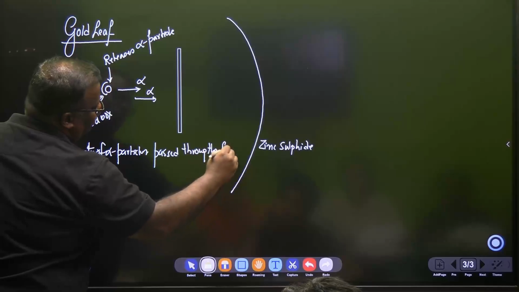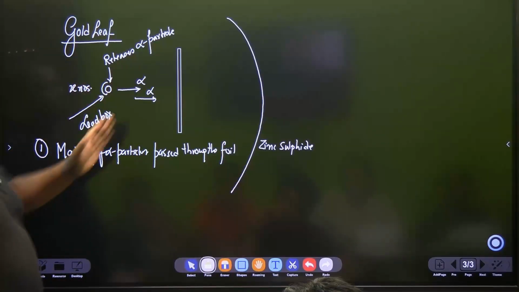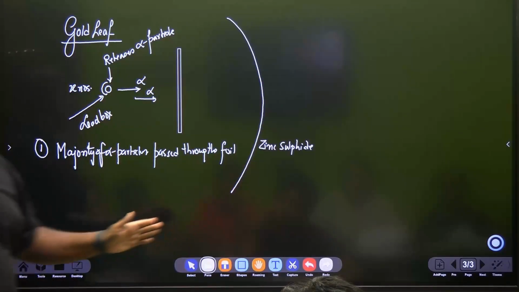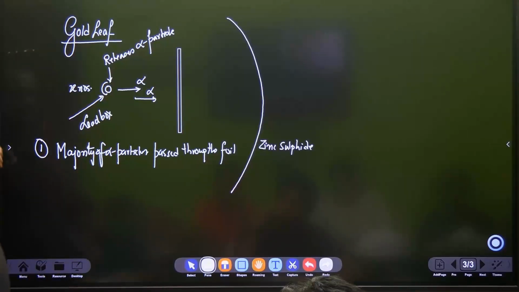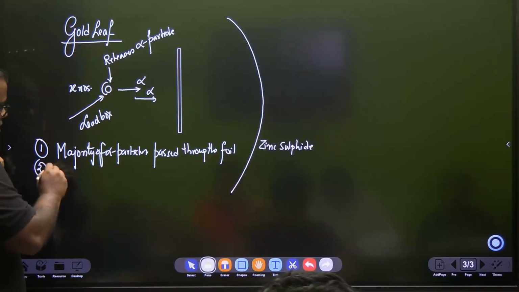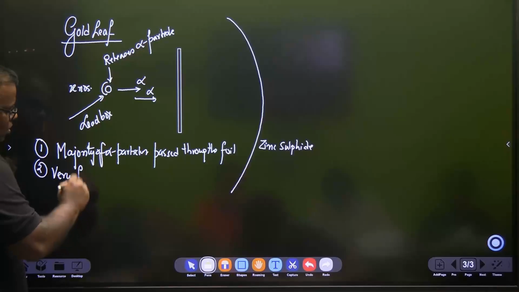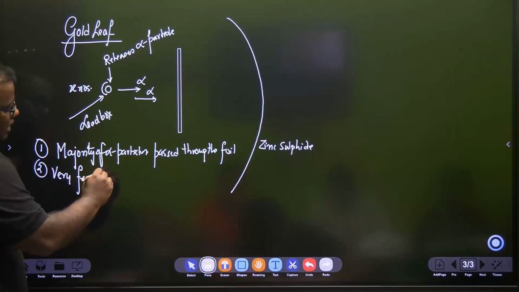How did they get to know that it passed through the foil? Because they got impressions on this side of the zinc sulfide screen. Is this understood? The second observation they saw was that very few were deflected